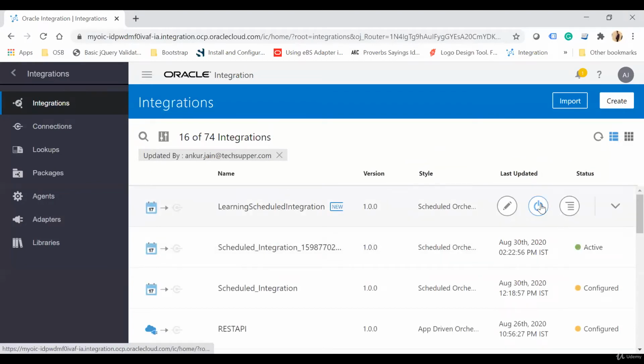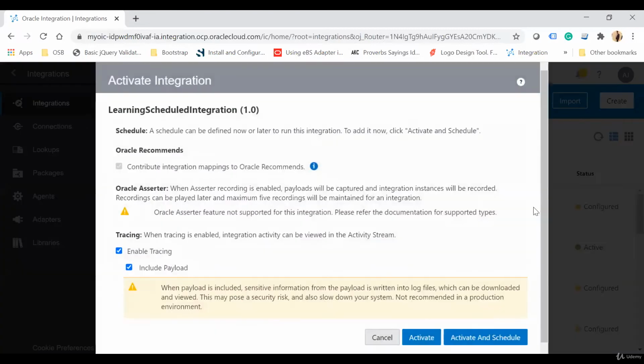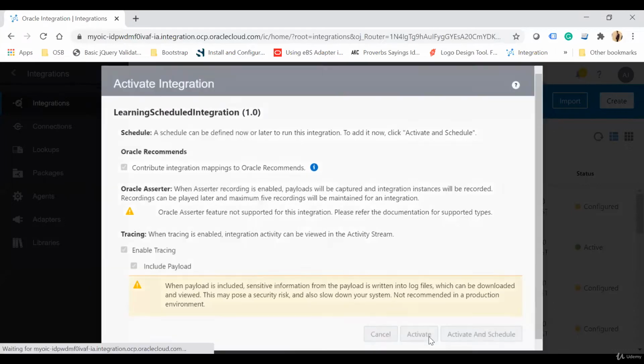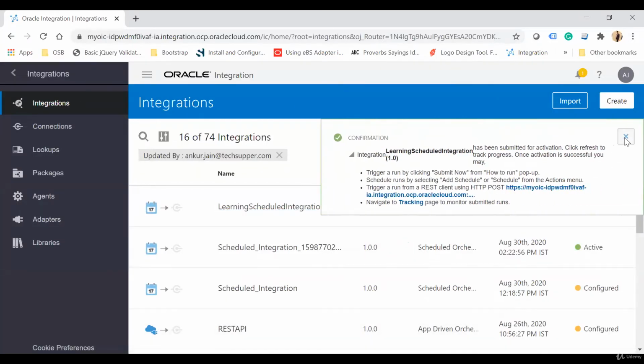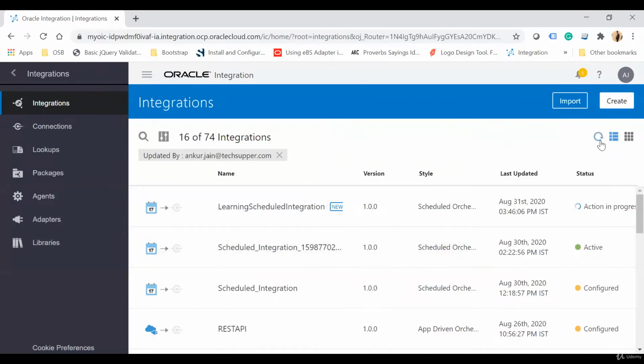Start your integration and then activate. Now your integration has been started. Just refresh this. Just click on this and then